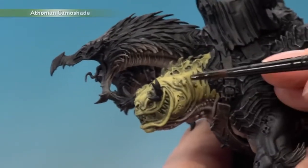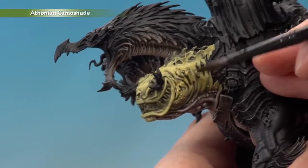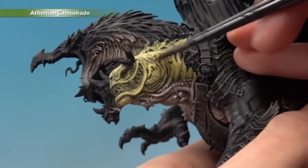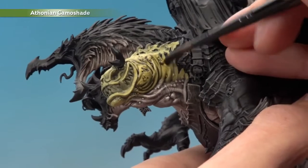So I'm going to begin up here on the side and just start applying this, letting it settle in all the recesses and around all those little boils and things as well. Now something to watch for is when you get closer towards the pale colour going underneath the chin. When you get down there, just make sure the shade is thinner, so just use the area on top to